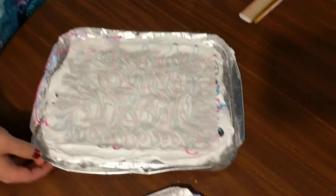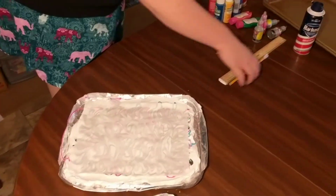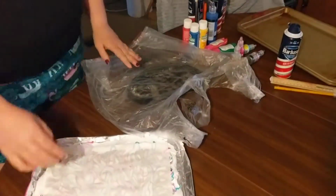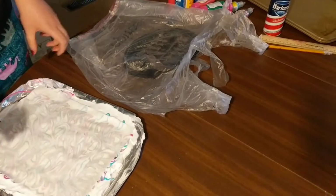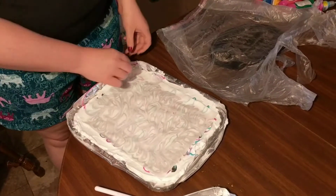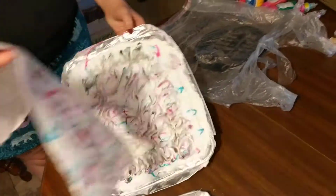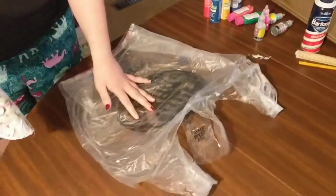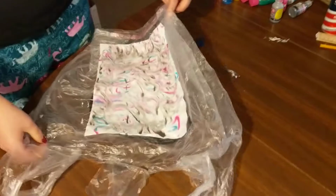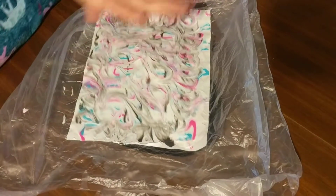So now I'm going to need my bag. And students might need a partner for this, but what I'm going to do is I'm just going to peel this off. So it's not going to look like much, but don't get discouraged just yet. Okay. So now it doesn't look like a whole lot, so what I have to do is I have to scrape